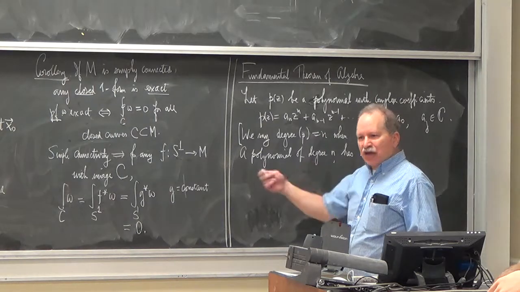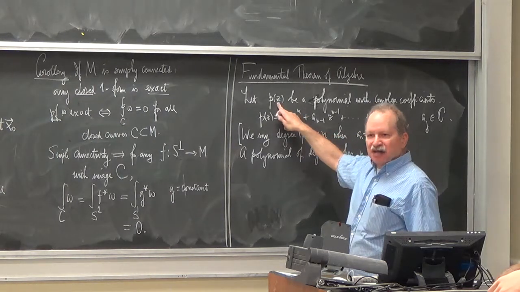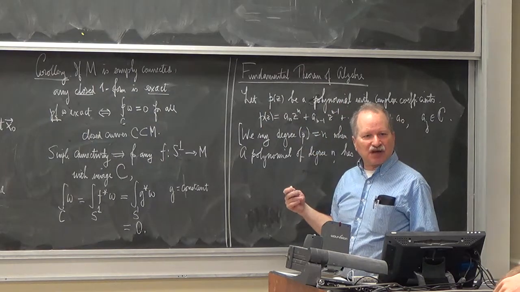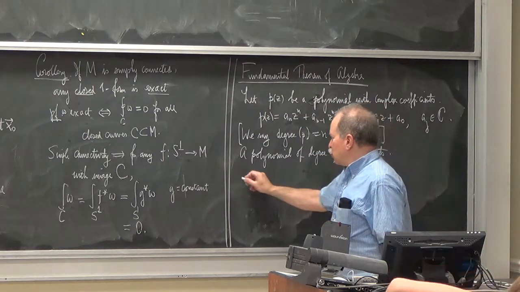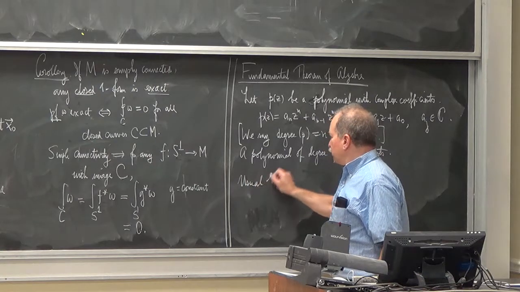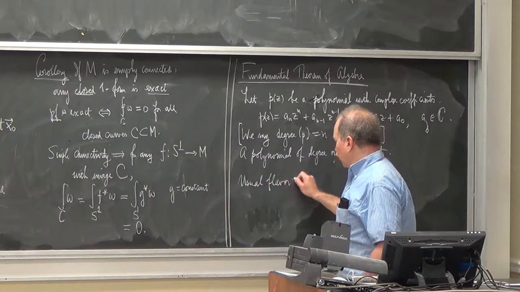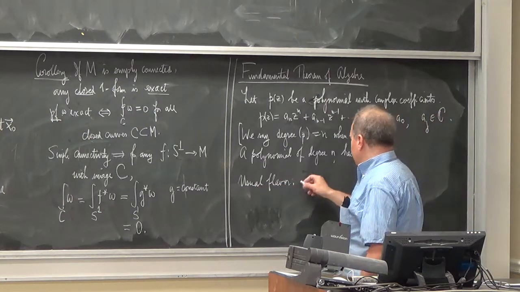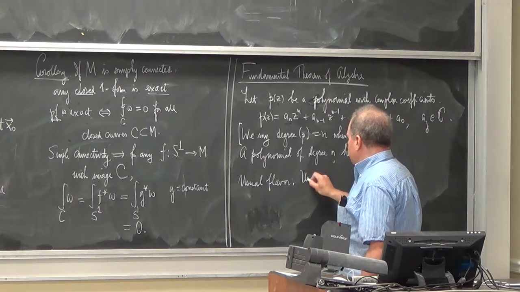Once you get a root, you can divide through by z minus that root and you get a polynomial of lower degree, so you get a proof by induction. Everybody okay with that? I'm actually going to do a bit more, although I'm going to run past my 50 minutes today. But the usual flavor is use induction,